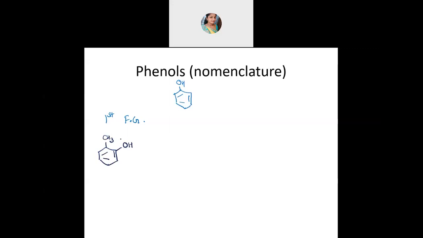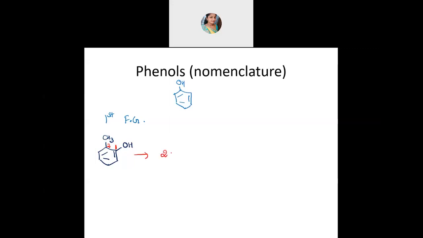Here IUPAC names are fine. You need not remember all the common names. IUPAC name, if you remember, will be more than enough. So benzene ring is there, OH is attached and CH3. Can you tell me what will be the name of this? First you number. Before naming, first number. From where to number? Which side I should start? Functional group, no? First functional group should be numbered. So first number over here. Second number will go to CH3, this carbon which is having CH3 attached. So first and second. Second you are able to see there is a branch that is CH3.